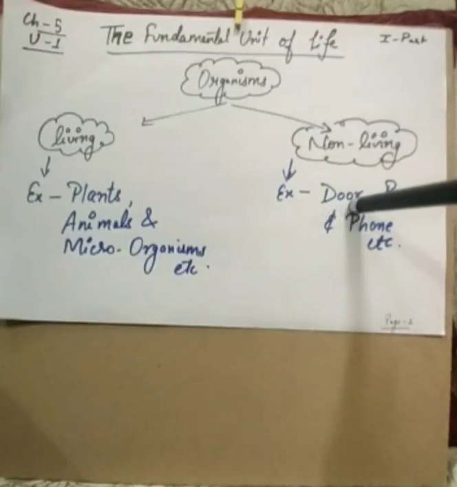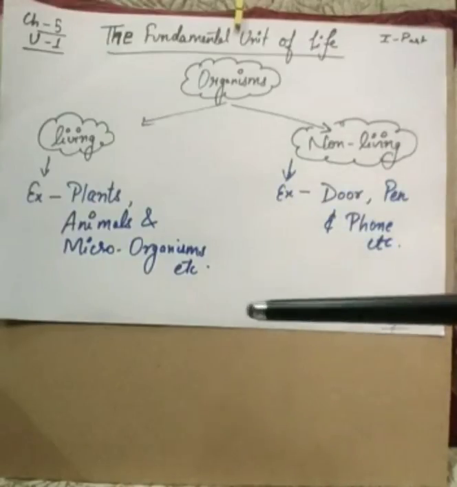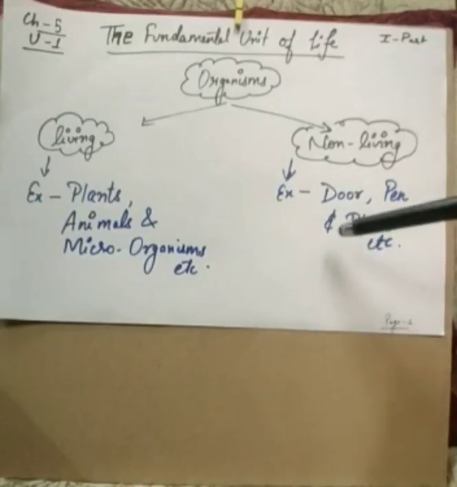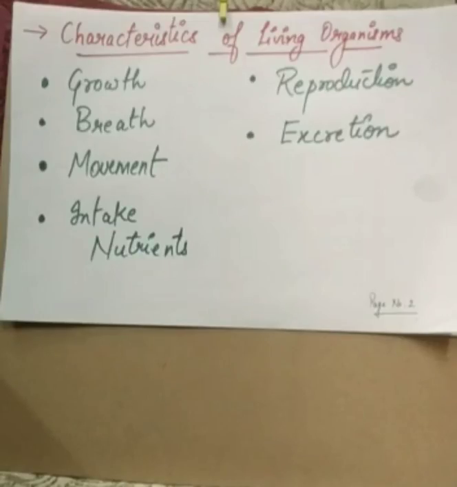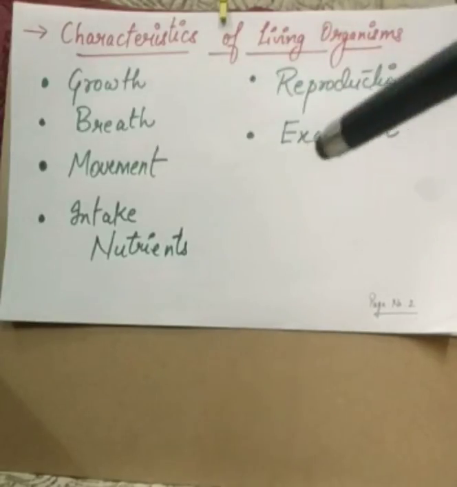The door, you're sitting in a room, the same room is having a door. The pen which I am using is also a non-living thing. And the phone in which we are using different apps is also a non-living thing, etc. These all are examples of living things and non-living things. Now try to understand how you are able to categorize them into living and non-living things by knowing the